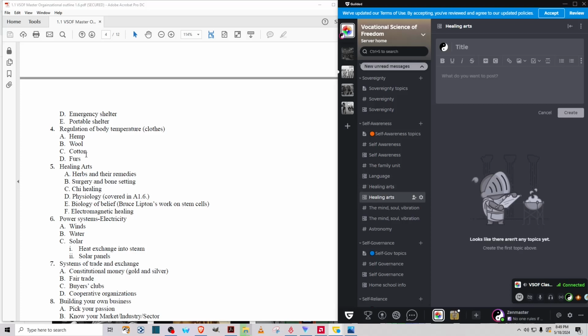As far as the categories, I haven't fleshed them out yet, but some of the categories in the forum rooms here can be herbs and their remedies, surgery and bone setting, chi healing, which would be everything regarding acupuncture points and chi meridians. Physiology, this is actually covered in A16. Oh, and by the way, a little thing about the notes here as far as finding what we're talking about: A1 would be awareness. So awareness 1, subsection 6. So what we're reading from here is